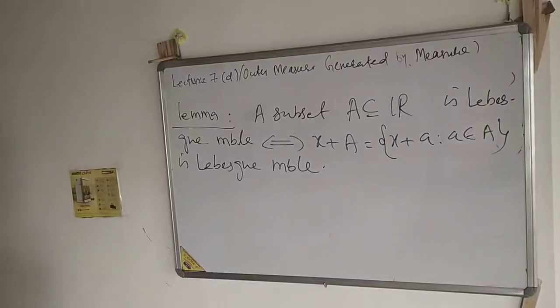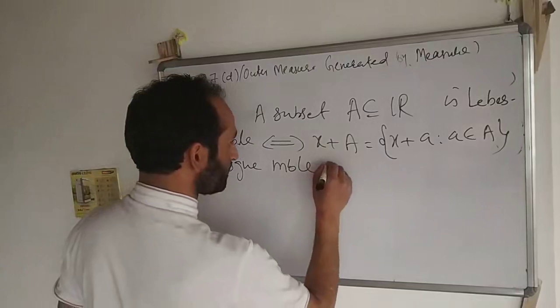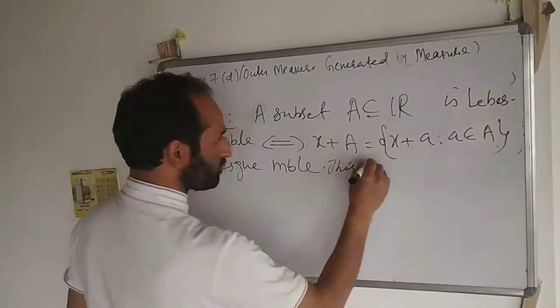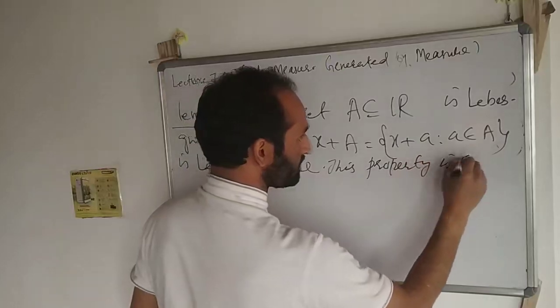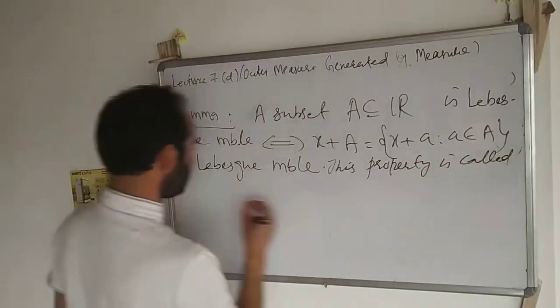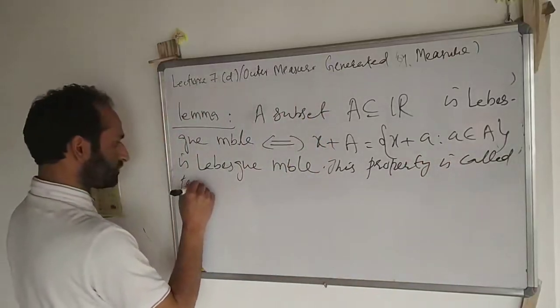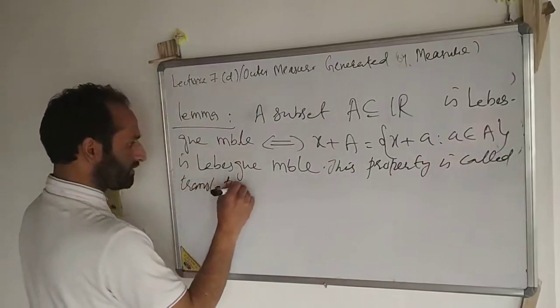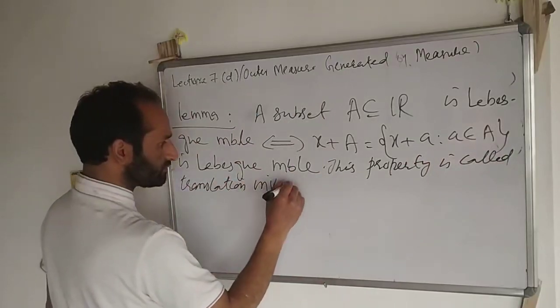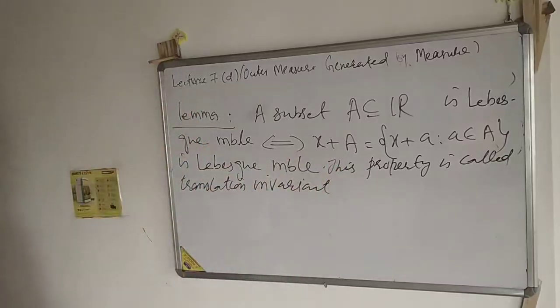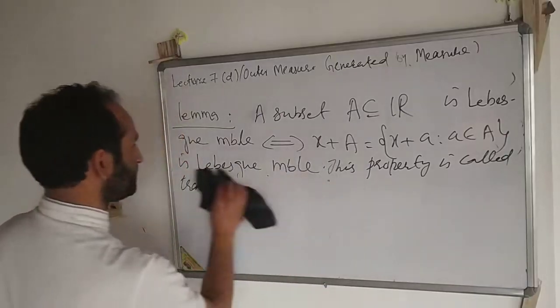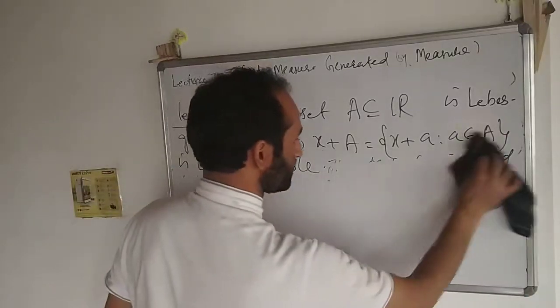And this property is called translation invariant. That's lambda. Oh, sorry. Translation invariant. Next is the